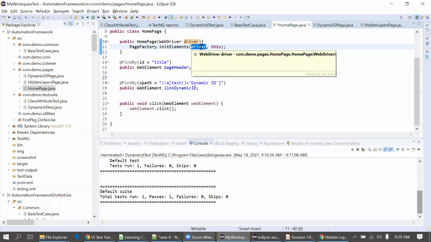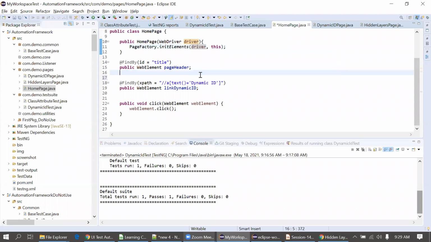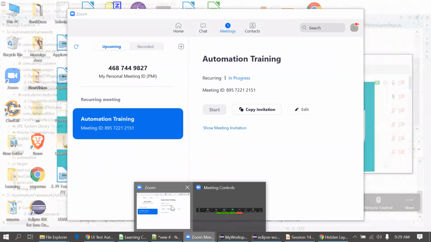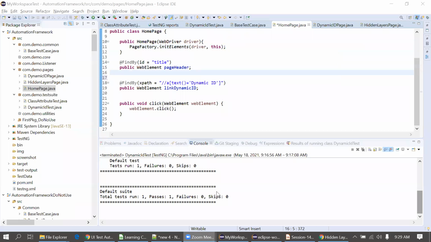Try to think on the logical flow, so you'll understand this thing more clearly. If you're still not clear, I will modify the way of telling these things. Okay, no worries. I have a few questions. Instead of using find element, we use initElements and use the driver in our code, right? Yes, yes. PageFactory, yes.